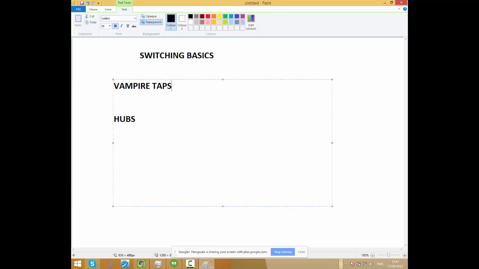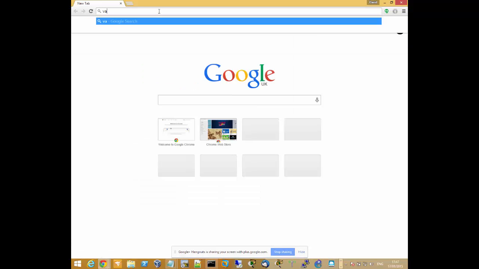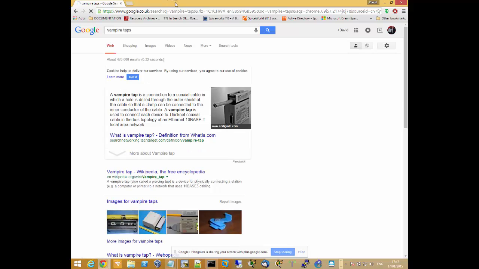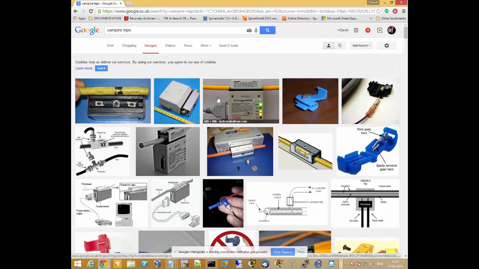From what I know, you guys could actually Google it and look for images. Vampire tap networking, then just click on images, you'll see it. What happened before was it's almost the same way you have cable for those who have cable services, whereby you have a large coaxial. What the cable company does is that they'll run a big coaxial cable,